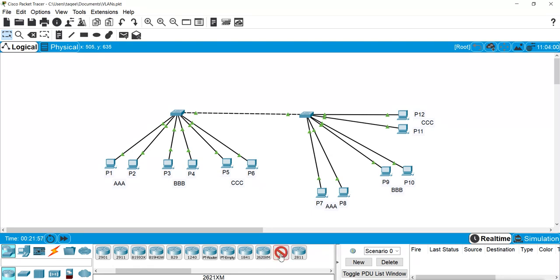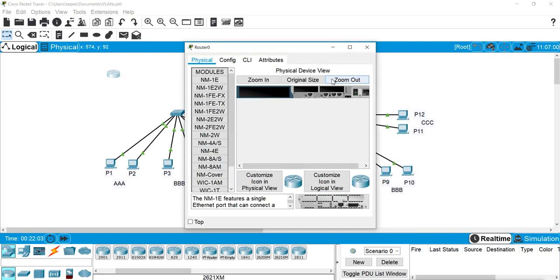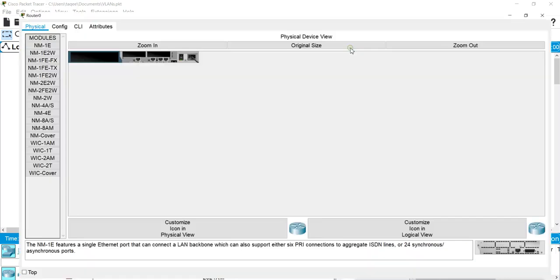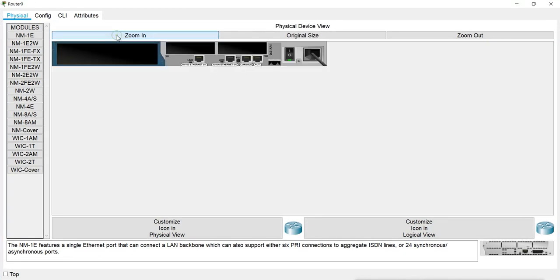I'll go with this, and on this router we have 2 fast Ethernet ports. I need one more for the third switch. So I will go here.